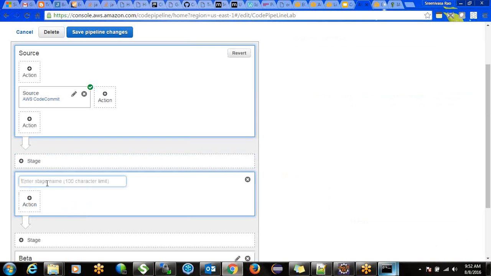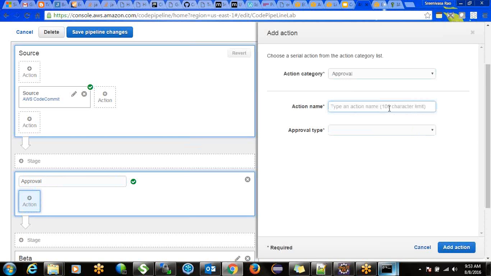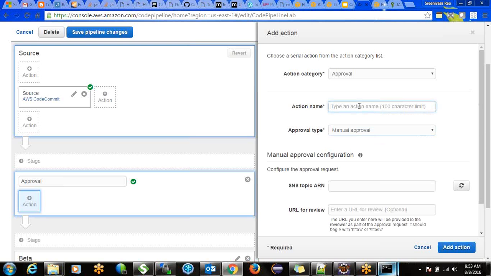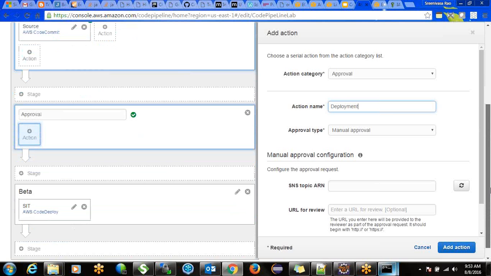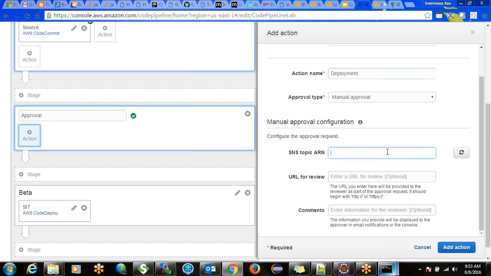So add another stage. Enter the stage name, approval, and the action category is approval. The action name is manual approval. Deployment. Action name is deployment. And this is the topic, so manual approval. So we have created